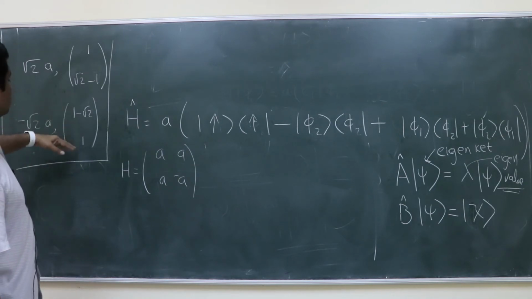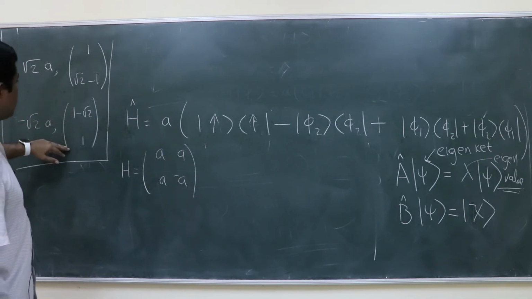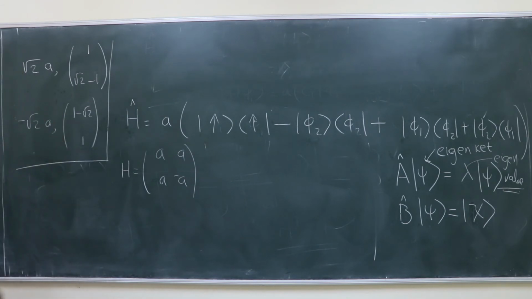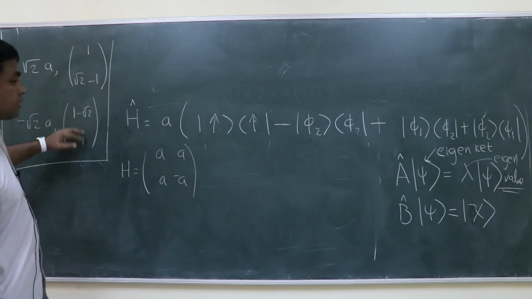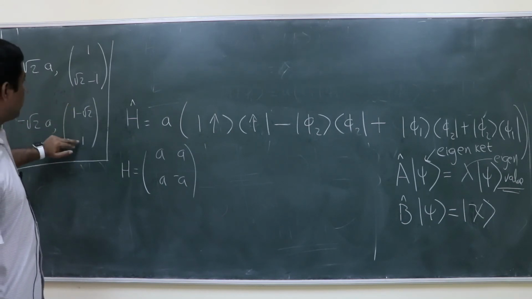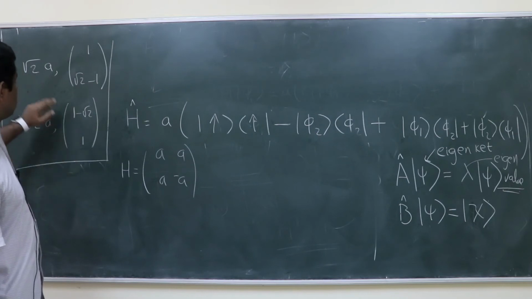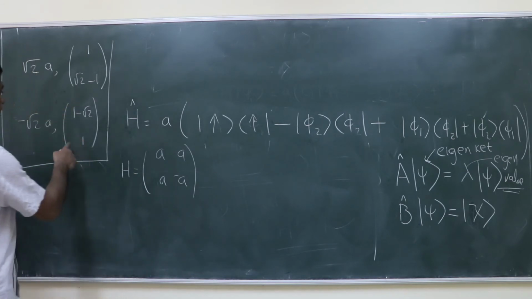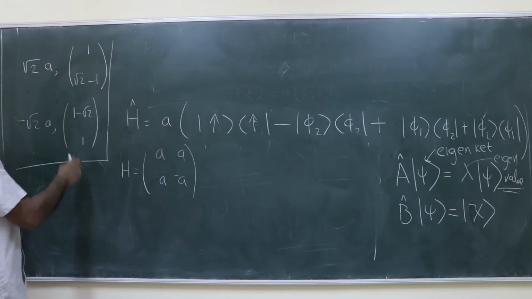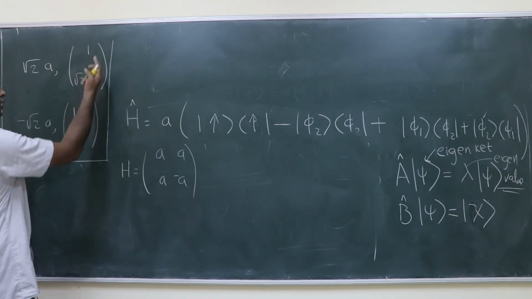Some question was whether I can use different x and y values. Yes, you can choose any x and y values. The only thing you have to do is, at the end, you have to normalize those vectors so that there won't be any issue with that. So you can use x is equal to 100 here, no issue.